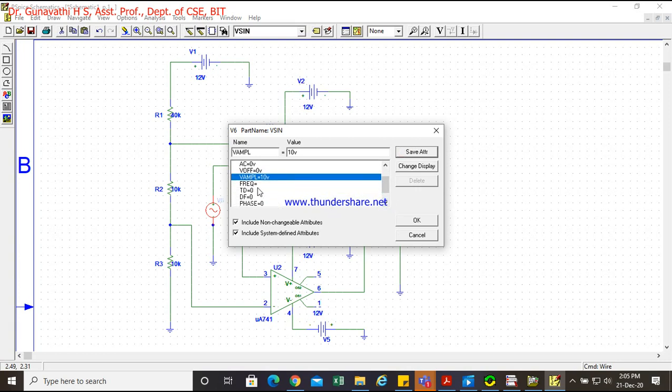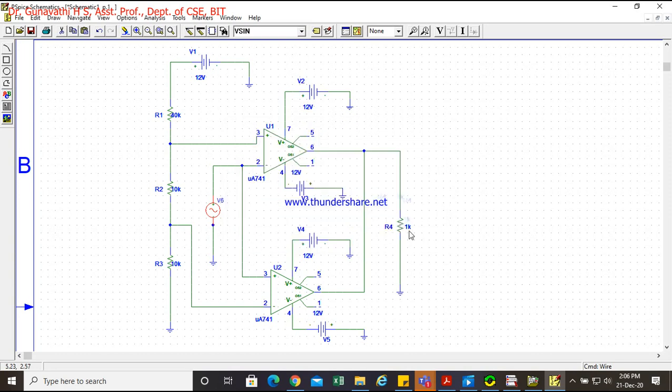Then frequency. So what to be the frequency here? So the frequency should be very, very less. As soon as it starts triggering, if you start with the next, you will be having a lot of distortion. In order to avoid that, give a very small frequency. Okay, let it be 50 Hz. Save attribute, only so much. So rest all we are not bothering. So only these two things are very important, V amplitude and frequency. Rest all will be given as 0. So it's been done. Click on OK.